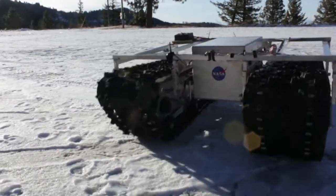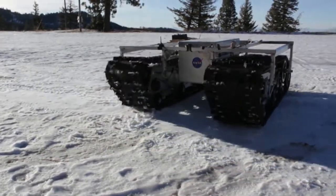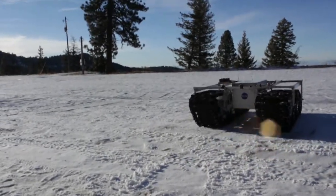Grover was actually designed by several teams of engineering students over the last 3 years, who tested different prototypes on different kinds of terrain. Grover is actually a great project. It brought together scientists, engineers, and educators. And how it came to me, actually, as the scientist involved, was the engineers came to me and they said,